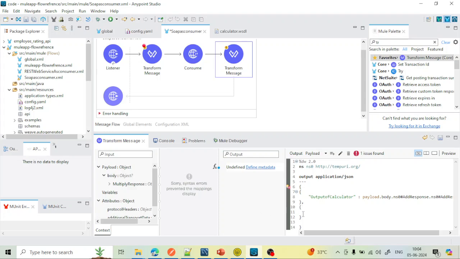And here I want the output of a calculator is same, but here I want a different thing. I want that payload. Okay, let's move payload dot